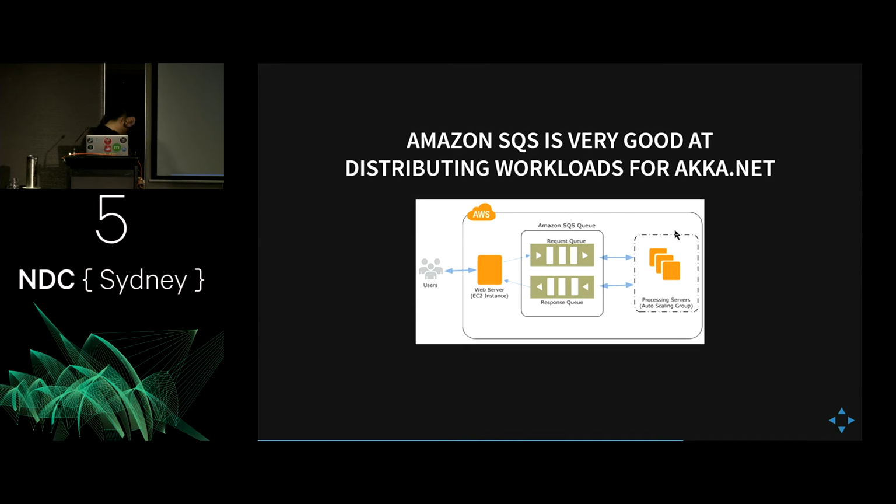Now, the other thing that we found is that Amazon SQS is really, really good at distributing workloads. At first, we were going to go with Kinesis, but the API, depending on what SDKs you use, was a bit raw, and we needed something really simple. We wanted to reduce the consumption and posting messages down to a single HTTP GET or POST in this case. So that's why we went with Amazon SQS.